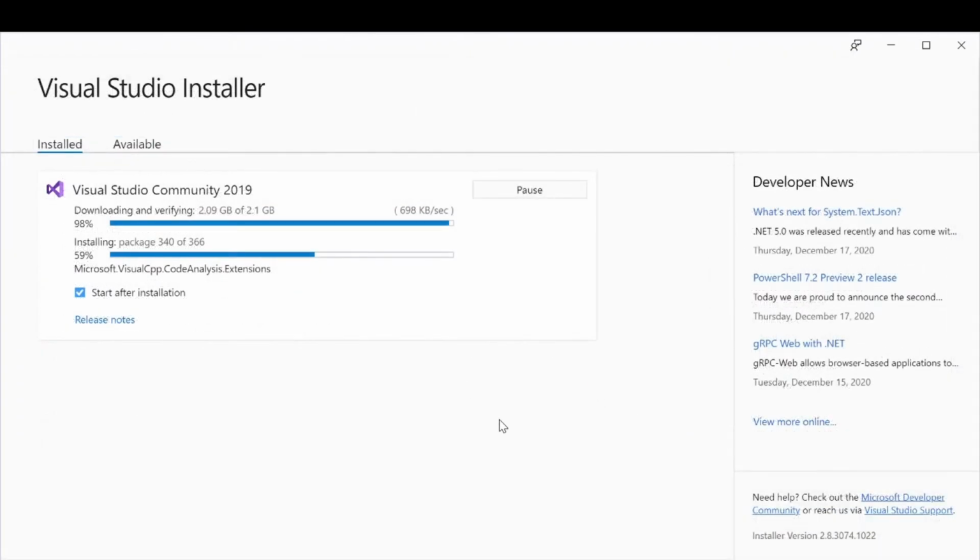While installing, it is better to click install while downloading, and then click on the install button. Once you click on the install button, it will install the Visual Studio.